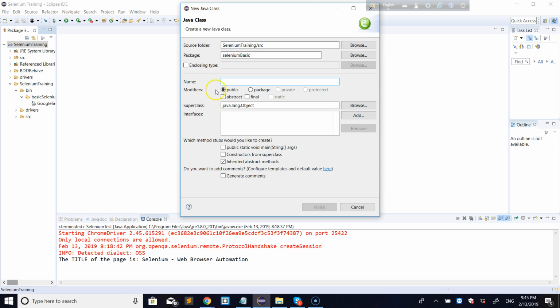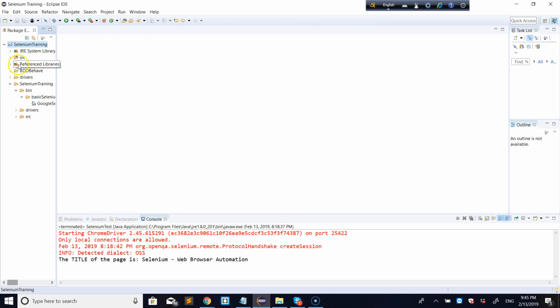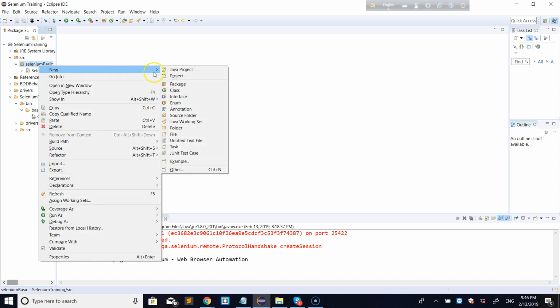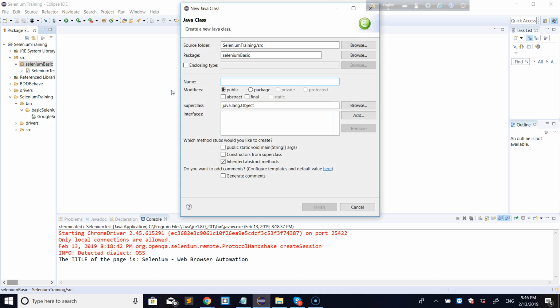We can create a class right here in Selenium basic. Right here we already have Selenium test, so I'm going to create another class. The name of the class will be Selenium HQ